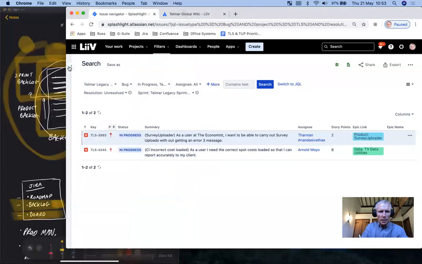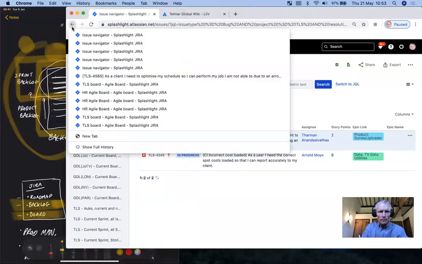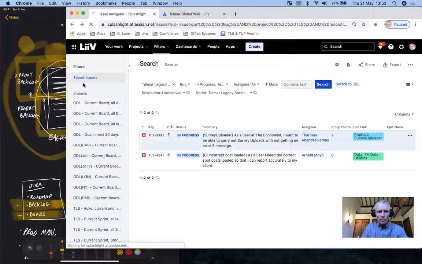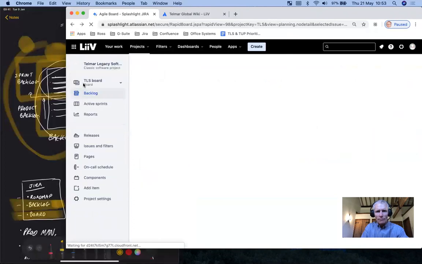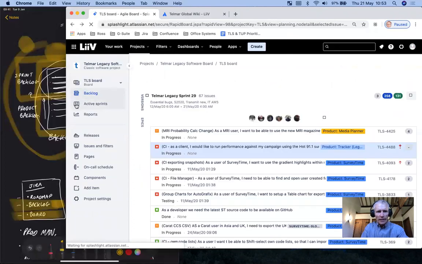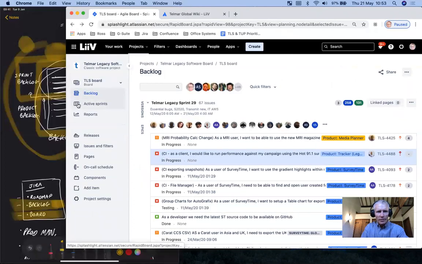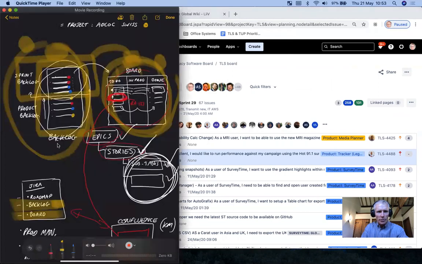Let's go back to the project. Active sprint. In fact, look, the icon tells you, right? Backlog, a list of stuff. Board, swim lanes that we move things through. So the corresponding view for the board is down here.